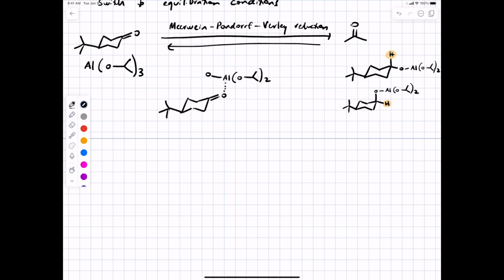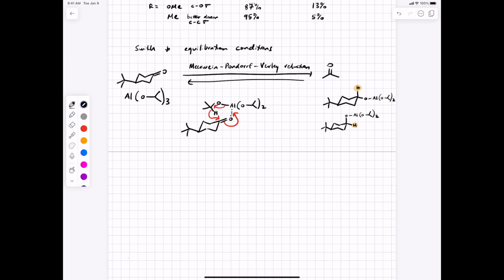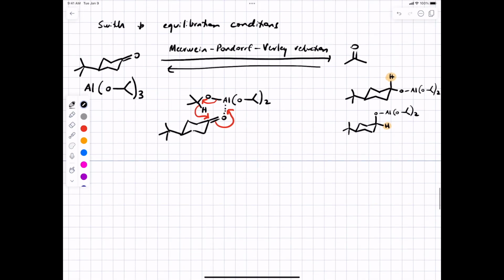And then one of the isopropoxide groups sort of leans over, and you get a concerted reaction where these electrons form the carbonyl. We deliver the hydride there, and then we make a full covalent bond with aluminum. That's an equilibrium process, and the process is governed entirely by the stability of the products, which is 95%